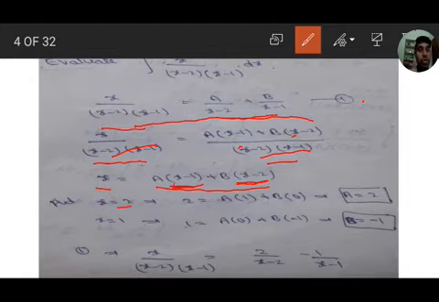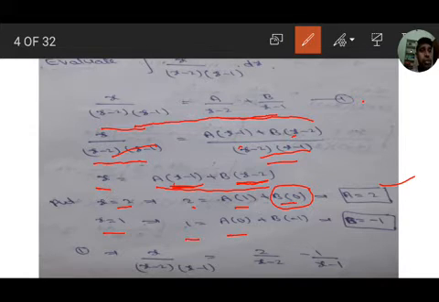So put x equal to 2 on both sides of the equation. X equals 2, so A into (2 minus 1) means A into 1, and B into (2 minus 2) is 0, so that term is 0. Hence A equals 2. That is the first one. Put x equal to 1 to get the B value: 1 equals A into 0 plus B into (1 minus 2), that is minus 1, so B into minus 1, therefore B equals minus 1. The A value is 2 and the B value is minus 1.